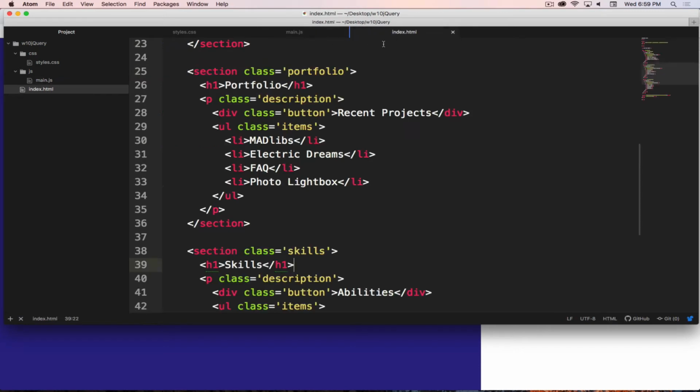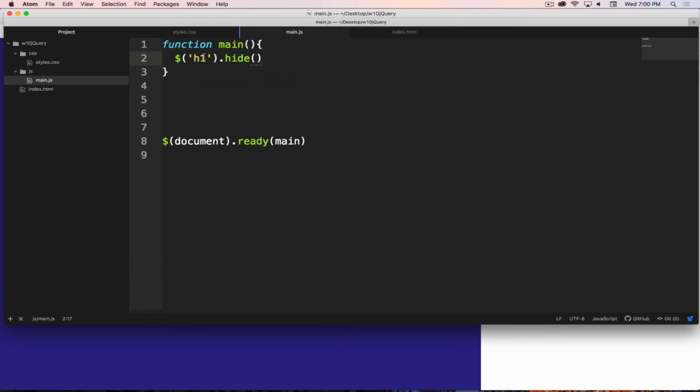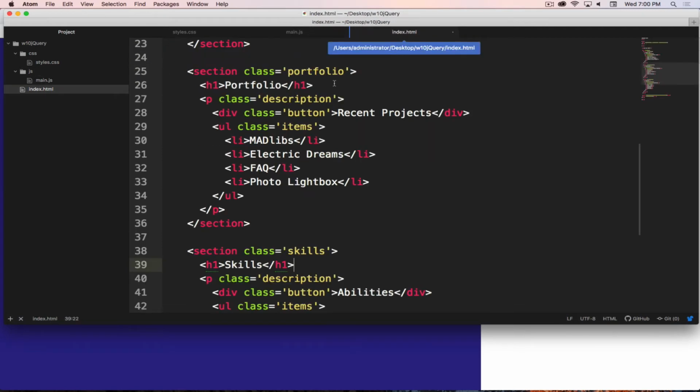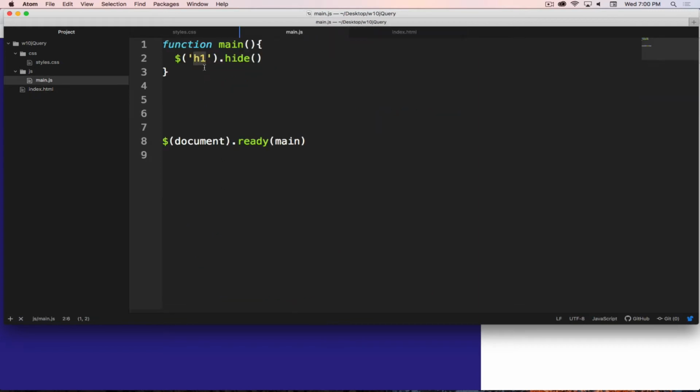Now if I look back here, what I actually want to have happen is I want to make all of the list items disappear. So I want those to go away instead of all of my H1s, as part of getting my project going. Now if I look at those, I have two ways I could target this. I could target the UL, or I could target it by class. So if I say UL,